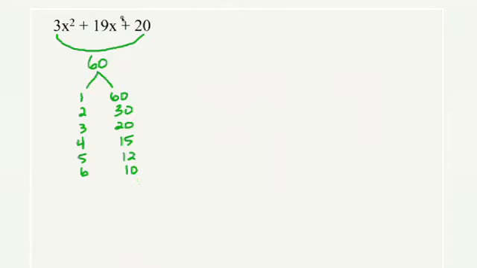Okay, now, again, we're looking for the factors that add to give us 19. So right here, we see the 4 and the 15. And our signs are pretty simple on this one. When you're adding to get the middle, and the middle is positive, you know that the signs both have to be positive. That's right. The one thing you can always know is if all the signs in the problem are plus, then all the signs in your answer will be plus too. That's one of the nicer problems.